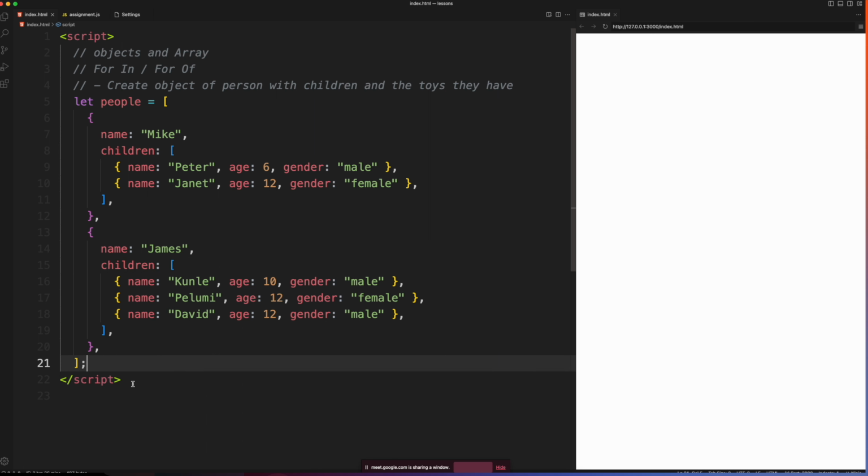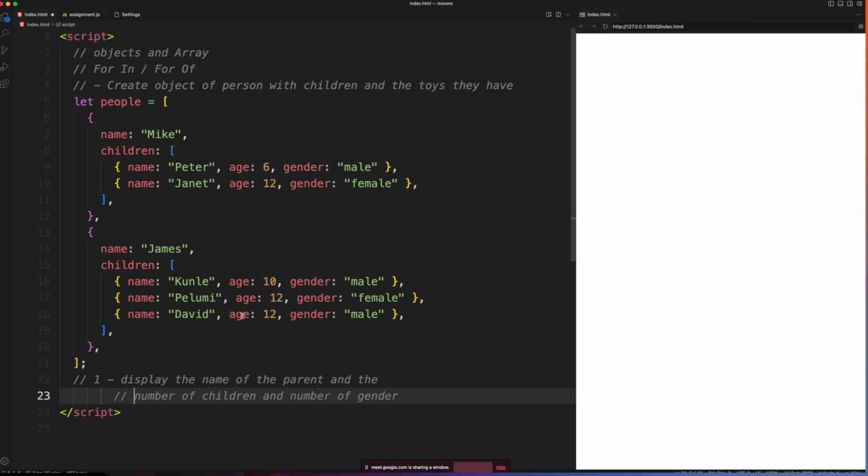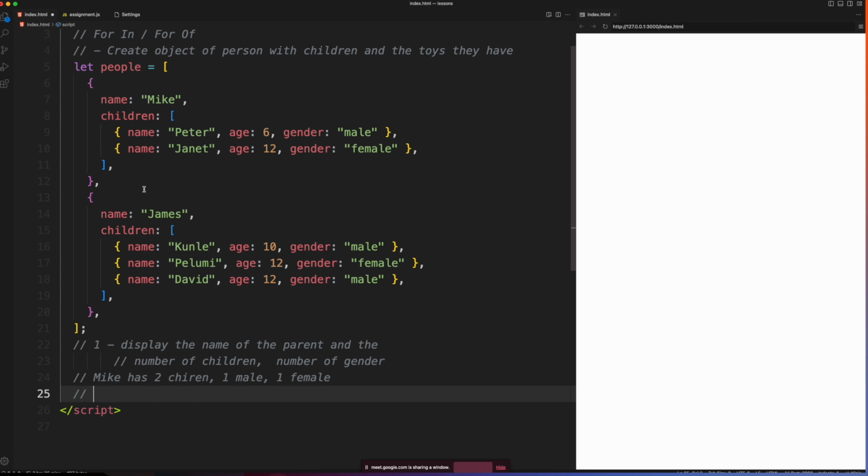So let's go ahead with the problem definition. Look at what we've been asked to do now. Display the name of the parent and the number of children and number of each gender as well. So I'm expecting something like this. Mike has 2 children. Yeah, 1 male, 1 female. This is what we want to do. Then the second answer will be,